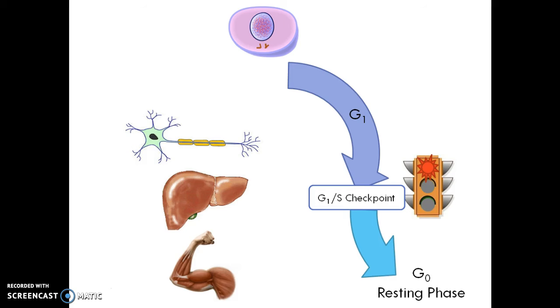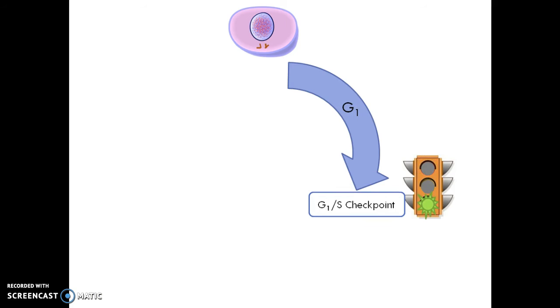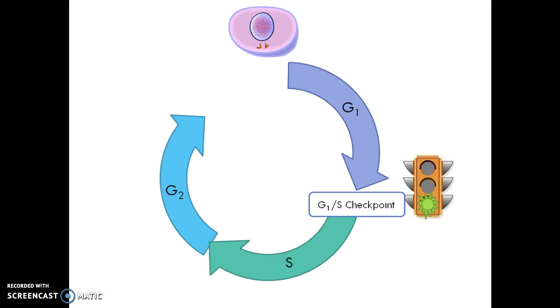When you lift weights and your muscles get bigger, you're not actually making more muscle. Your muscle cells themselves are just getting bigger. Other cells, like epithelial cells, cells that cover and line our bodies, are rarely in G0 because they're constantly dividing to make new cells. So, if at the end of G1, at the G1S checkpoint, our cells get a go signal, the cell cycle will continue. The DNA will be copied during the S phase, and then the cytoplasm and organelles will get created in the G2 phase as the cell prepares for mitosis and cytokinesis.